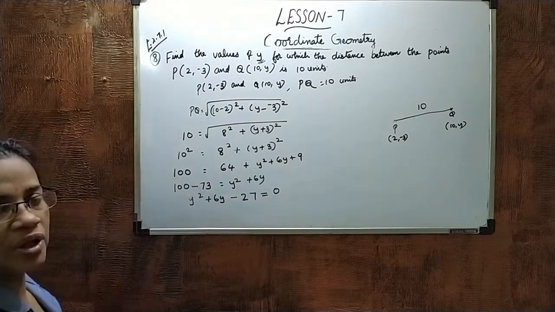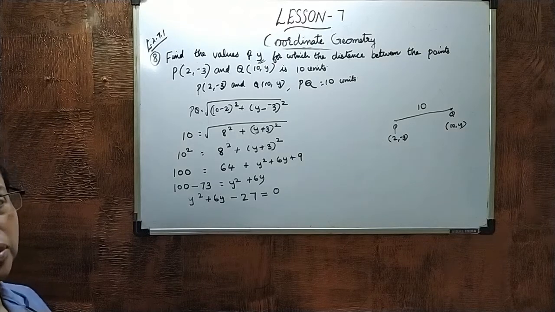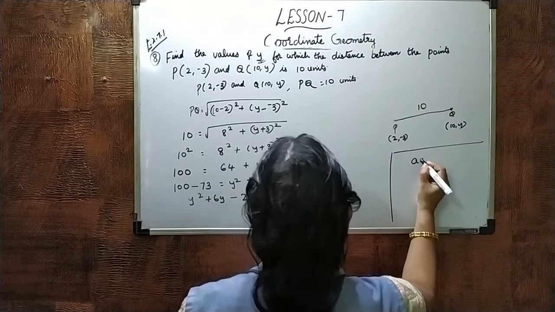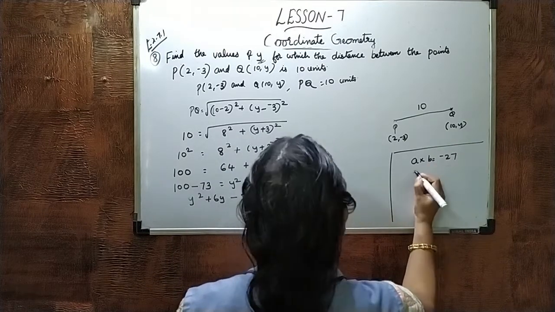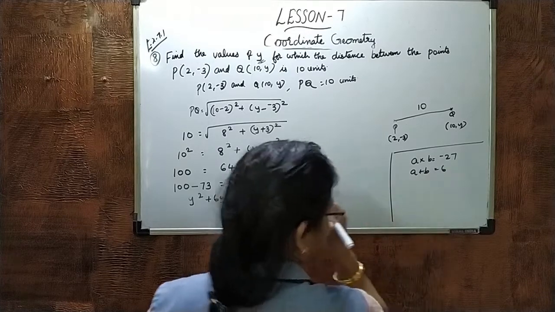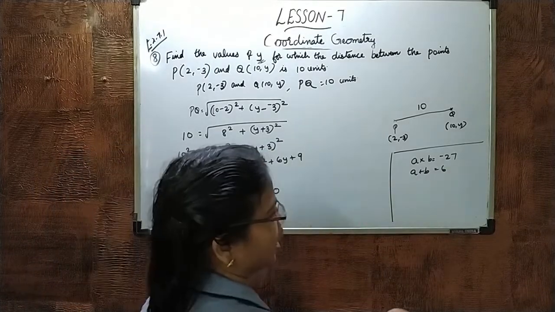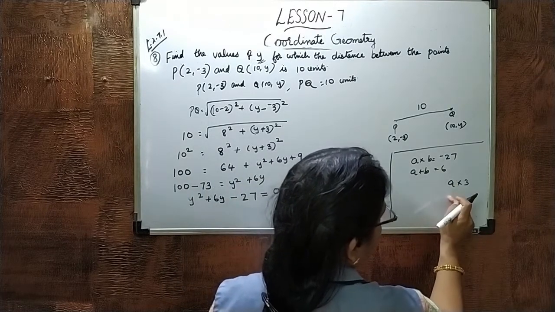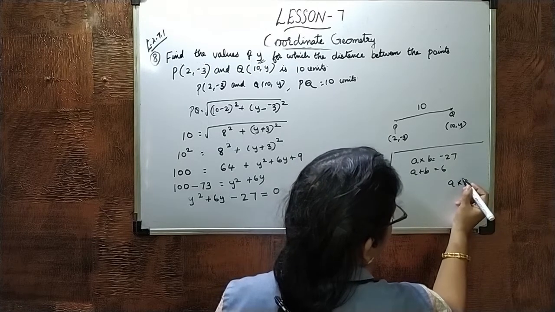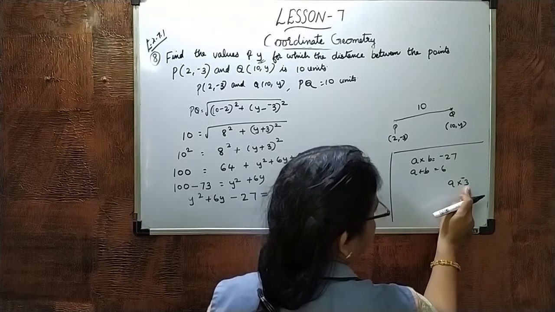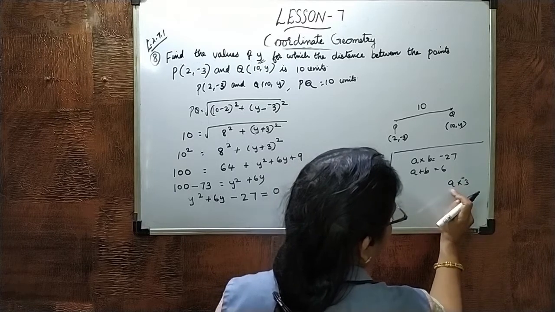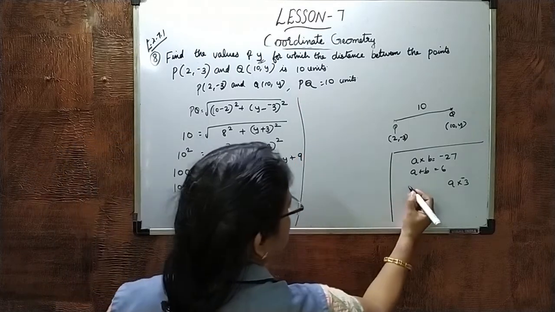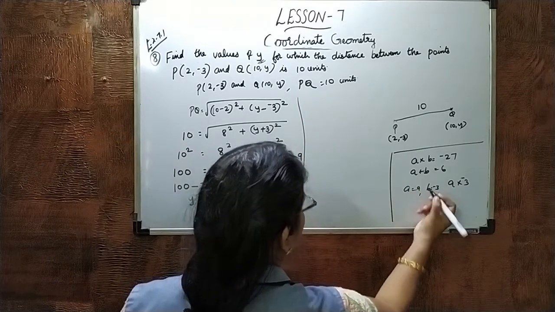Now look, now it is a quadratic equation. So you have to find out the value of y. So a into b and a plus b we will take. A into b is equal to -27. A plus b is equal to 6. So what will happen then? If it is 9 into 3, it is 27, and then the negative sign is there, right? So if you put 9 and -3 you will get -27. 9 plus -3 you will get +6. Okay. So we will expand like this. So a is equal to 9, b is equal to -3.